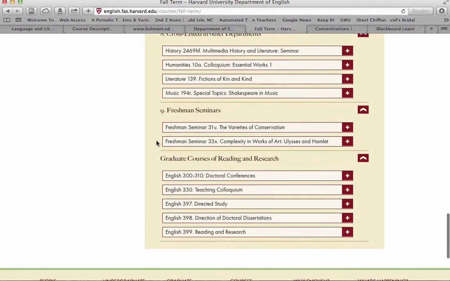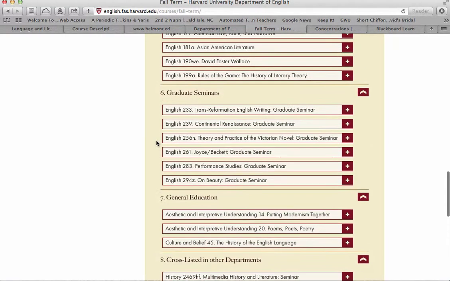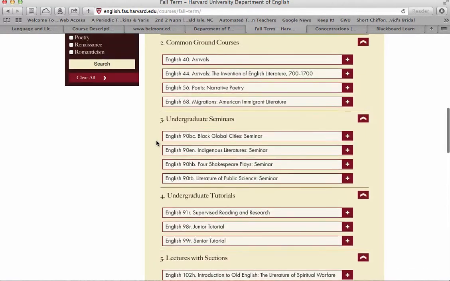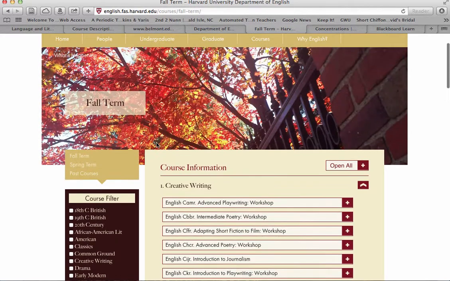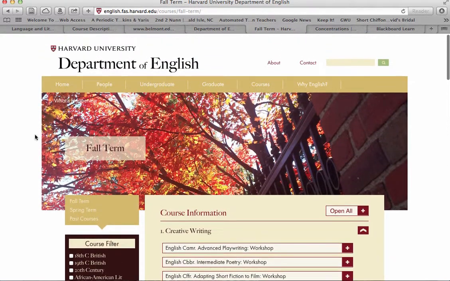And so what is Harvard trying to do? How are they positioning themselves as the Department of English on campus in order to have a stake and a foothold in the rest of what we can assume is the university curriculum? So that's just a little bit of information and a little way that you can start to apply these ideas from this week's reading to very practical examples like an actual English department page.